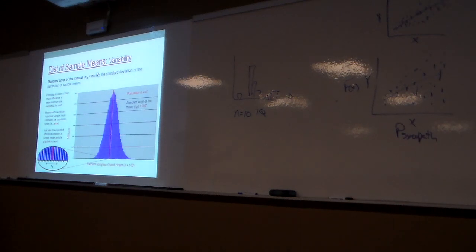If it's very small, I know that I've probably got a pretty good handle on something that's close to the population value, probably, right? That doesn't mean I don't have a random sample that just happens to be out here or happens to be out here. Do I know if my sample's out here or out here? No, I don't know, right? If I'm looking at height and I get an average height of 6'5", I probably have an idea that I got a weird sample. But for a lot of the stuff that we're assessing, we don't know, right? So this is what makes it difficult. But what we can do is take a look at that standard error, and assuming that we didn't get a weird, wacky sample, we can get a sense for about how good our estimate is.